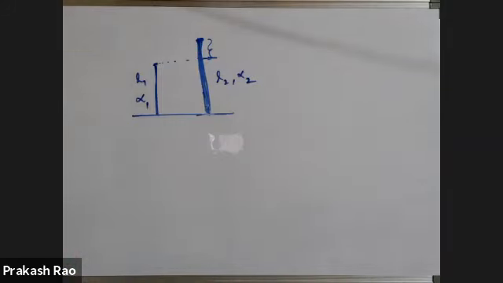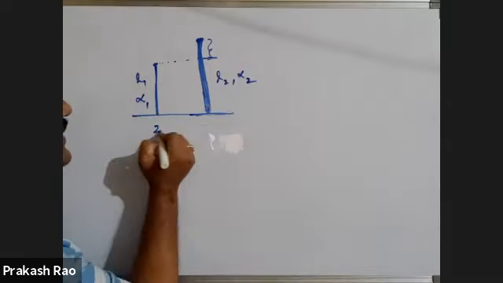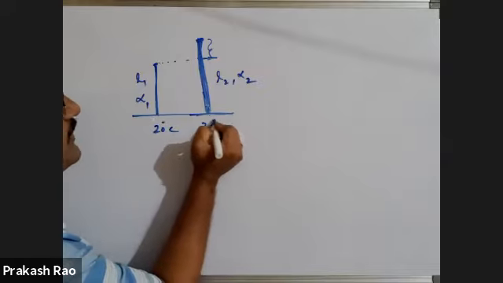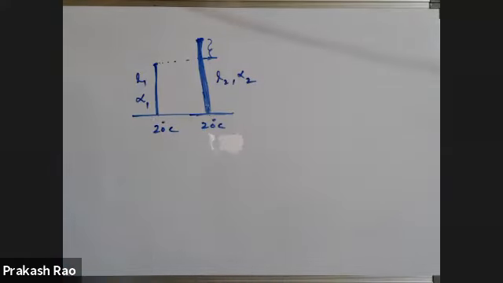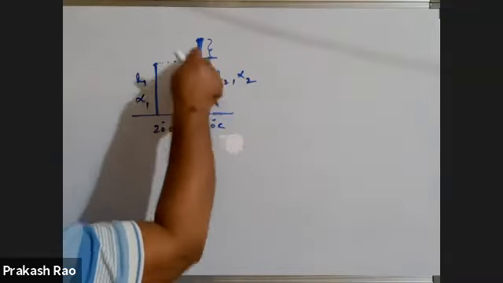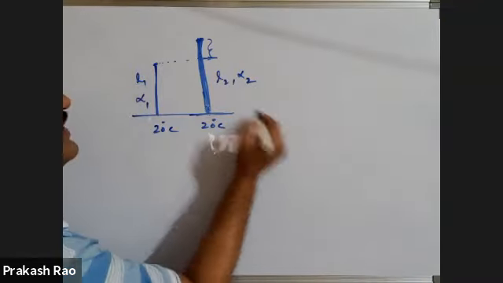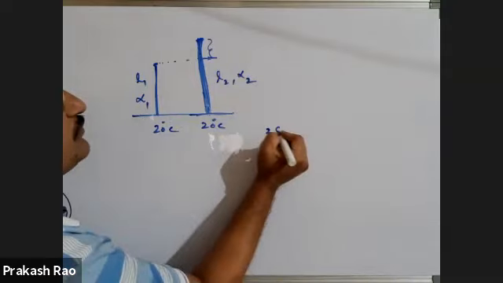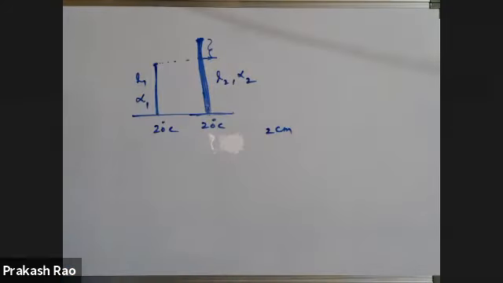Okay? My question is the condition to maintain same change in length between two different rods at all temperatures. This I am taking at say 20 degrees centigrade, that is at room temperature. At room temperature, the change in length between these two rods I am taking as some 2 centimeter or something.